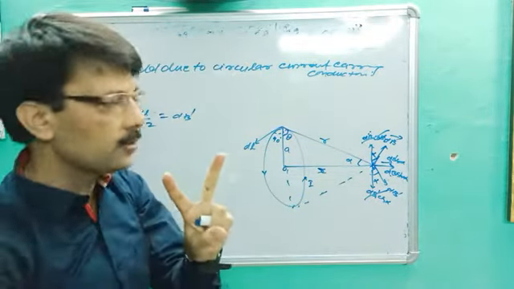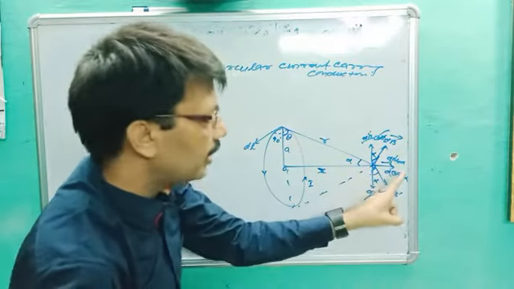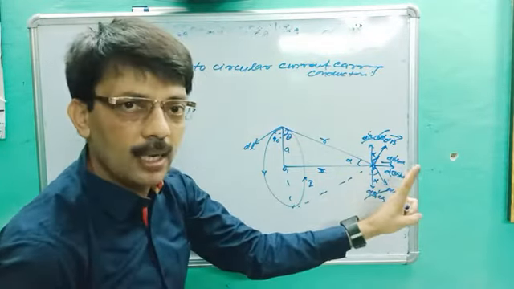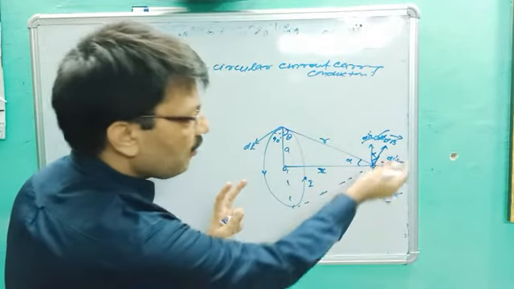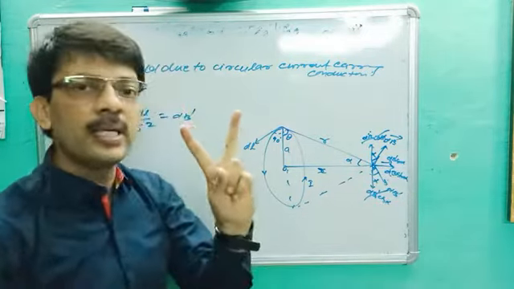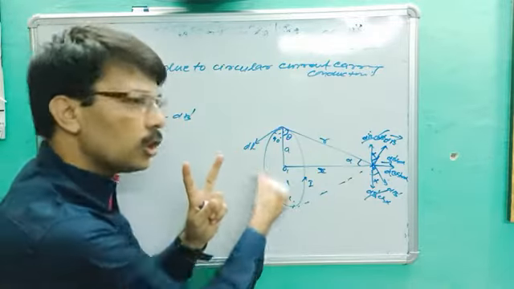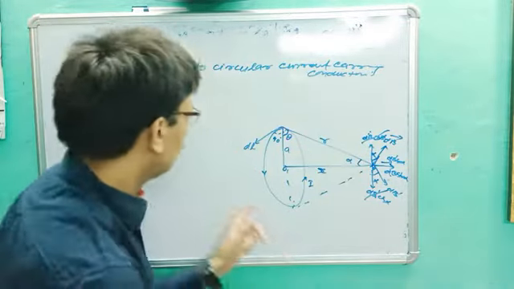So you have two processes. If you are taking dB and dB dash sin alpha together, it will be 2 dB sin alpha, so you only have to integrate from 0 to 2 pi a. And if you are taking them separately, then you have to integrate 0 to pi a plus 0 to pi a. Are you getting the points? So this is our aim.